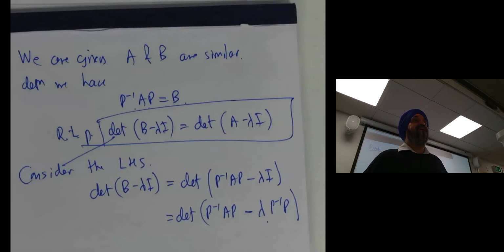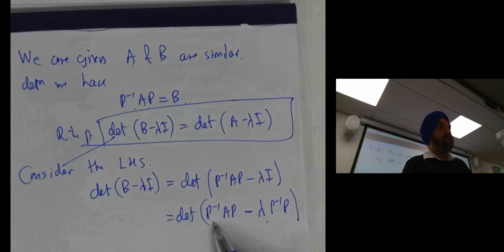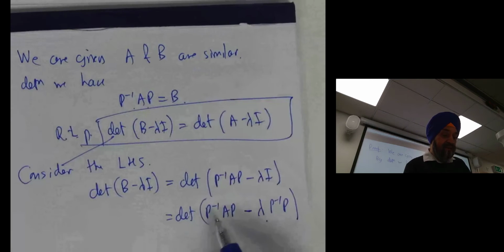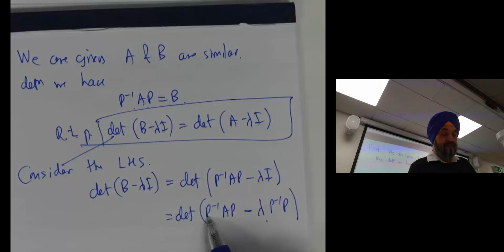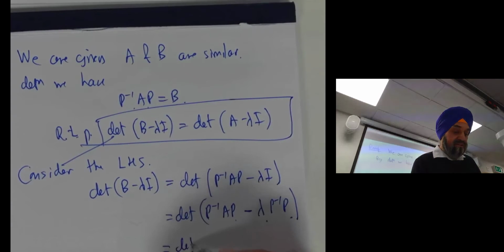Take the P minus 1 out from the left. Remember, you've got to be careful when you do matrix multiplication. Order matters, doesn't it? From the left-hand side, you take P minus 1 out. On the right-hand side, take out P, can't you? So we can write this as the determinant